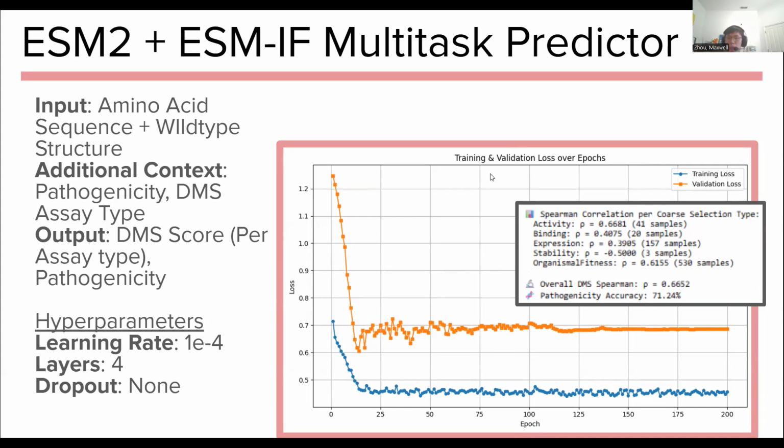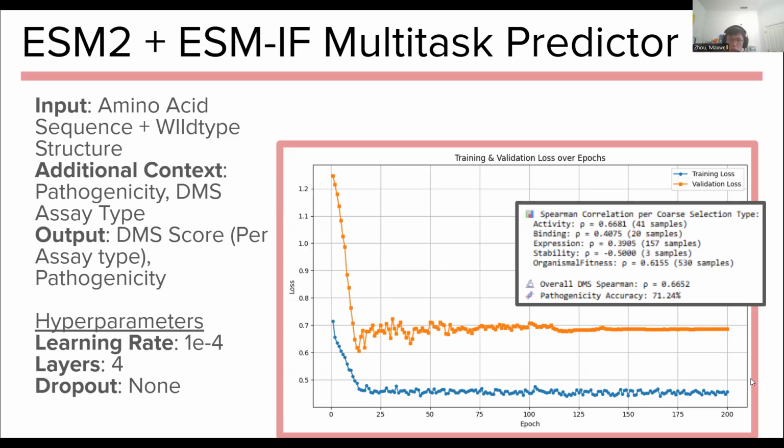This time we would output multiple DMS scores based on the assay type. You can see on the graph the output I got for the five different assay types as well as an overall Spearman.